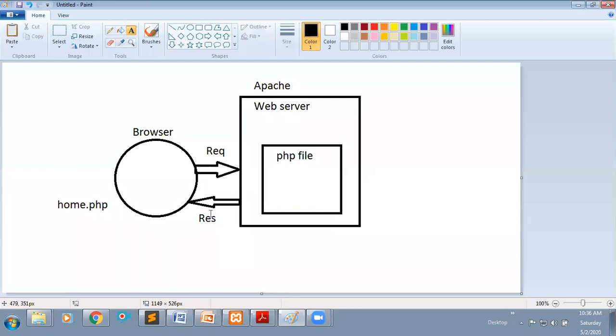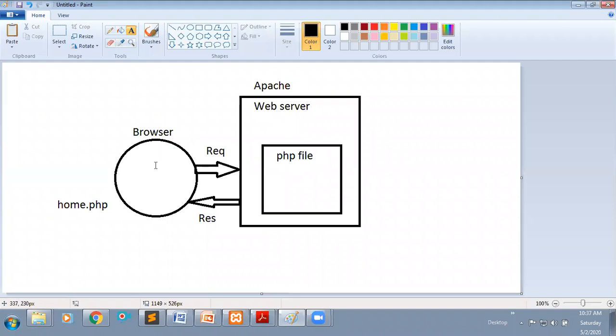HTML file. We are requesting this home.php file, but while giving the response, it will give the response as a HTML file. This is what generally happens while we are browsing any website. For example, you are accessing the Facebook website, which is available within a server.